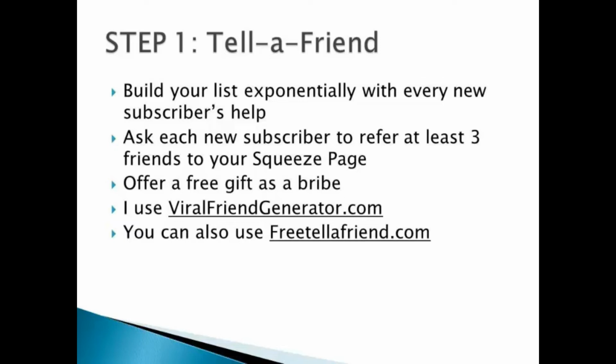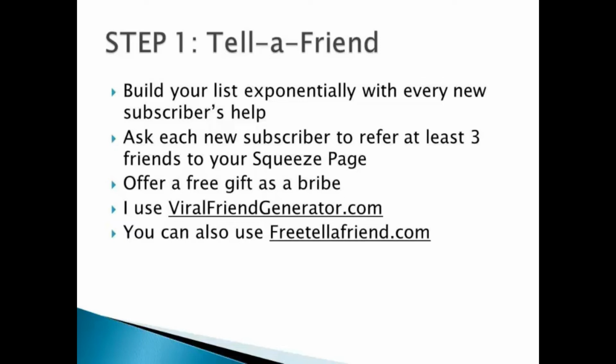Let's work out a conservative math. Assuming you have 100 new subscribers who have just newly signed up and each of them has to see the step 1 of 3 page, they each have been offered a choice to tell 3 other friends to visit your website in exchange for a free valuable gift as a bribe for a small favor. Hypothetically, let's say 50 of them have taken advantage of your offer and told 3 friends about your site by filling out the tell a friend script. This equals 50 times 3, or 150 new people getting notification from their friends to visit your website, the squeeze page site. This is a direct result of your initial subscribers telling their friends.